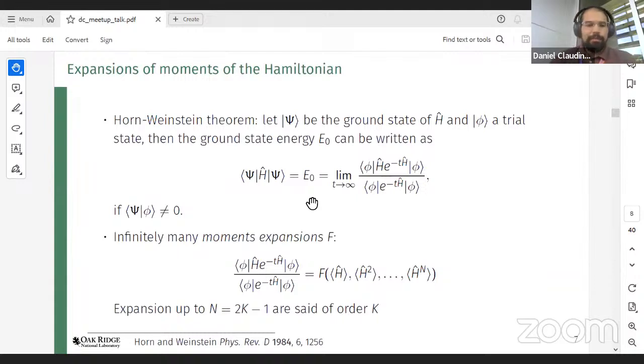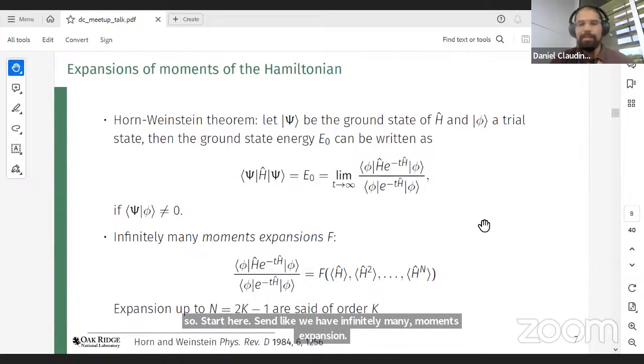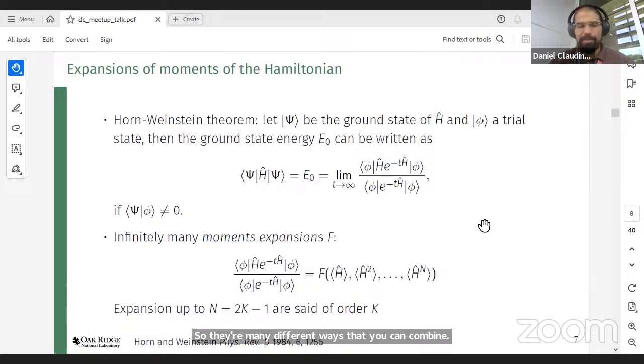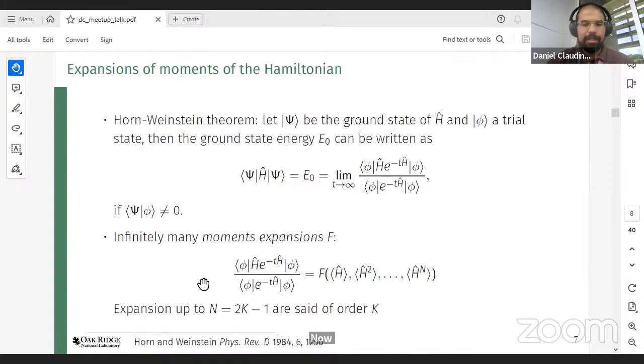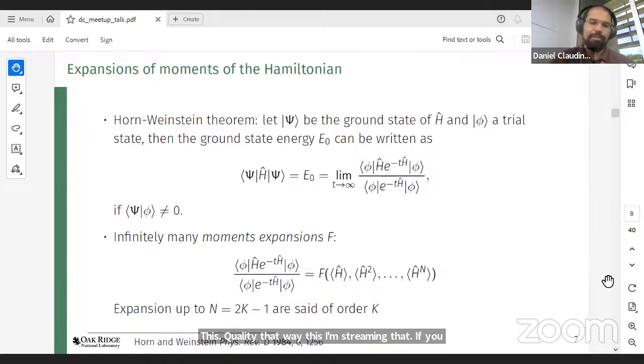Yeah, so to start here, I said we have an infinite moments expansion. There are many different ways that you can combine those moments, the powers of the Hamiltonian, in such a way that you get an approximation to the ground state energy. Something that they all share is this constraint that if you say it's order k, then we need to evaluate 2k minus 1 Hamiltonian